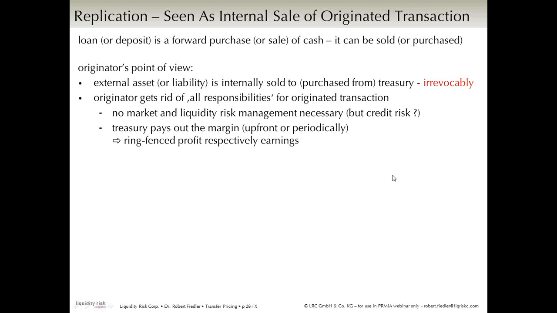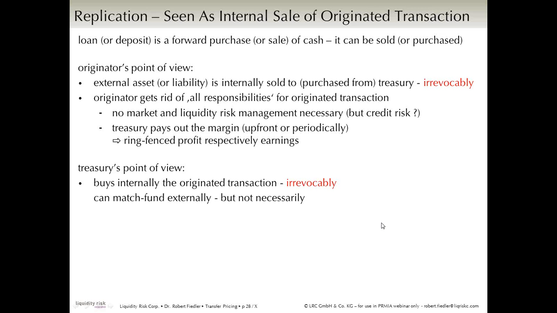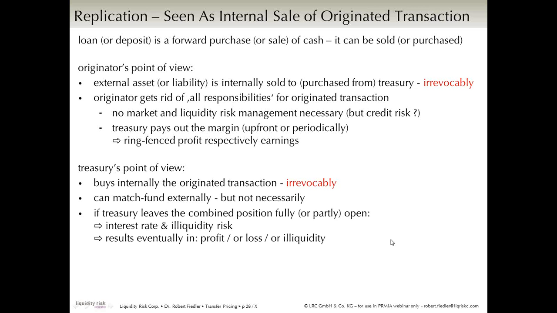The question is, what's with credit risk? Treasury pays out a margin, and the profits, or the earnings, are ring-fenced. The Treasury point of view is it buys or sells the internal transaction, the originated transaction internally, and this is irrevocable, cannot be changed after that. And then it can match fund externally, but not necessarily. If it leaves the position open or partly open, it might encounter interest rate or illiquidity risk, which could result in profit or loss or illiquidity. Okay, so